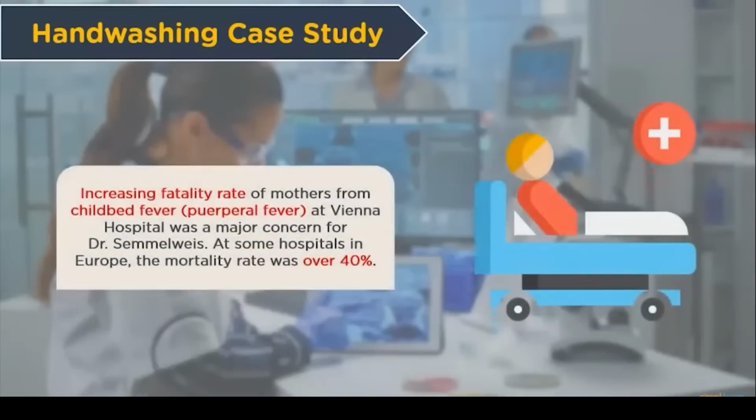Dr. Semmelweis was very disturbed by the increasing fatality rate of mothers from childbed fever at Vienna Hospital. Childbed fever is also known as puerperal fever. It happens due to infections in the female reproductive tract following childbirth. This was an issue of concern throughout Europe, with some hospitals having over 40% mortality rate. So out of every 100 mothers who gave birth, at least 40 would die in a week